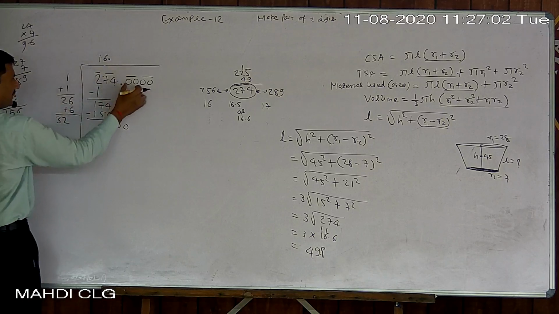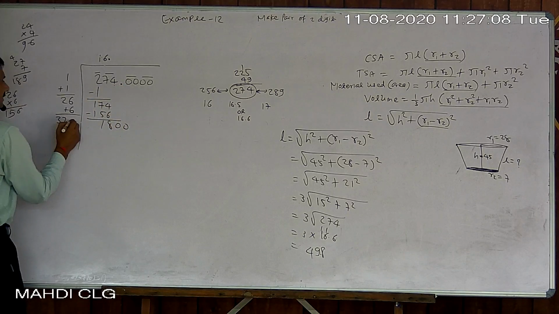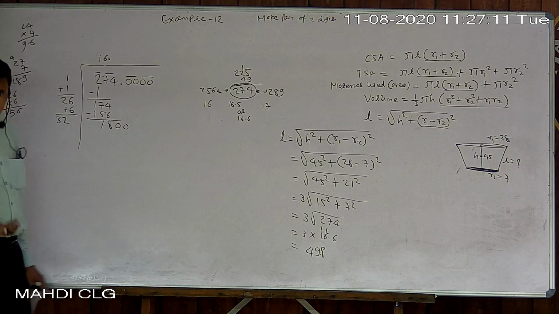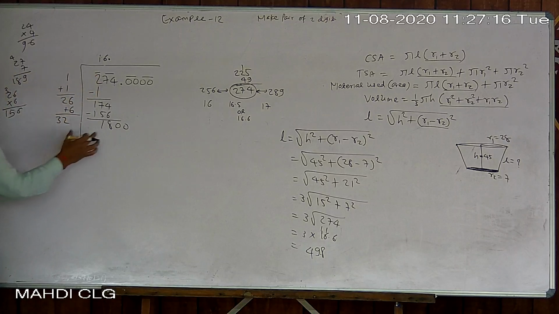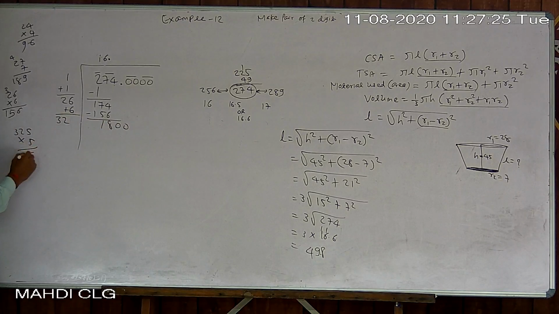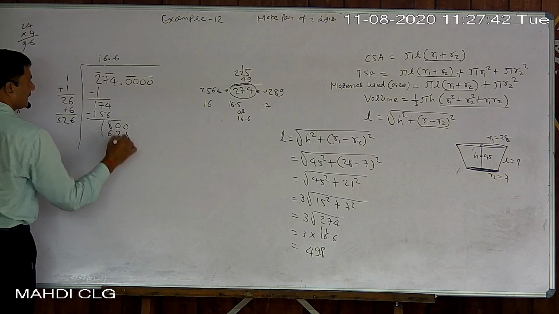Now try here. I just place a point here. Why? From the point I bring here one pair of digits. Now look here, 321 into 1, 322 into 2, 323 into 3, 324 into 4. That way you have to go ahead. I just jump to 3 times 6 is 18, but it will be quite more. So 325 into 5. 5 times 5 is 25, 2, 5 times 2 is 10 plus 2 is 12, 1, 5 times 3 is 15 plus 1 is 16. 326 into 6 will increase somewhat because 3 times 6 is 18 only. So 300 into 6 becomes 1800, but here is something more. So 326 into 6 is 1956.